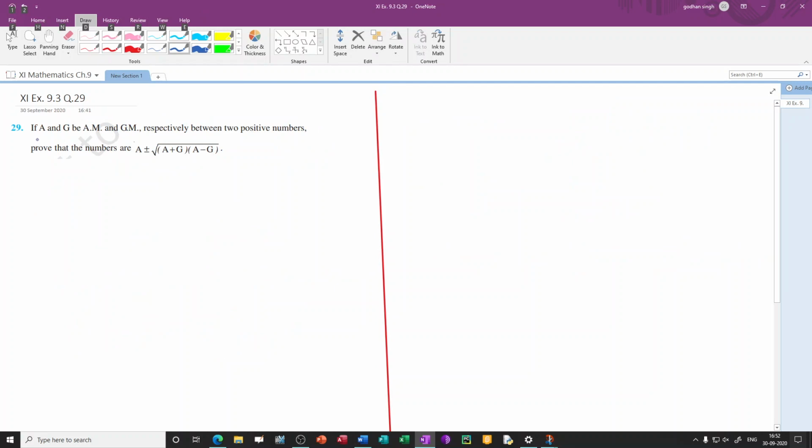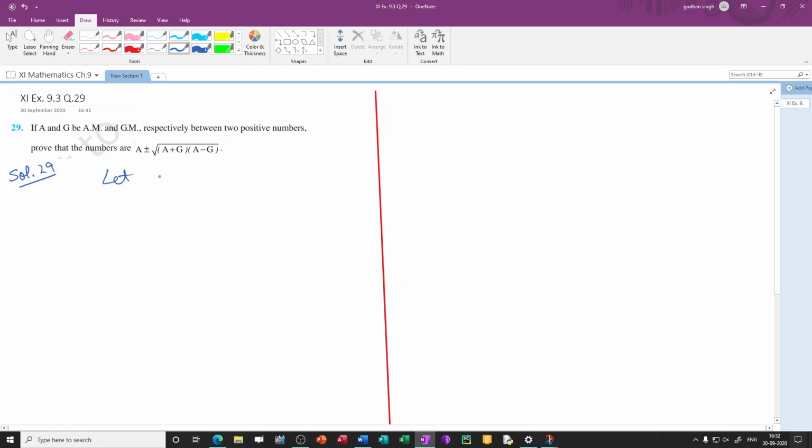Question number 29. If A and G be the arithmetic mean and geometric mean respectively between two positive numbers, prove that the numbers are A plus minus square root of A plus G into A minus G. So solving question number 29,